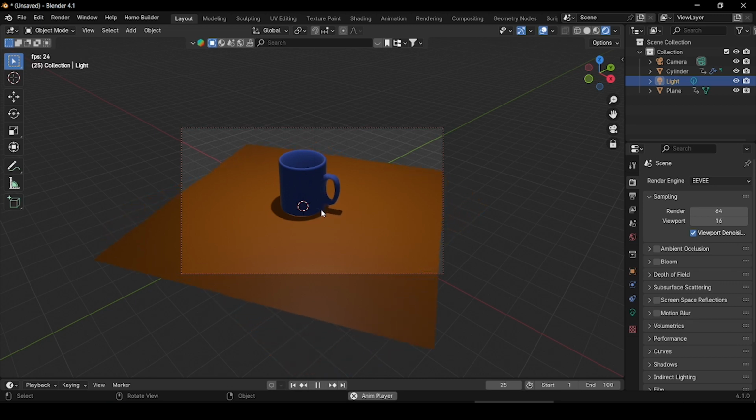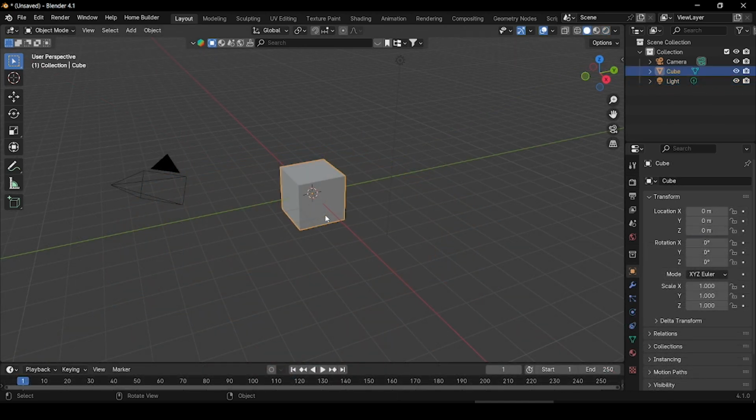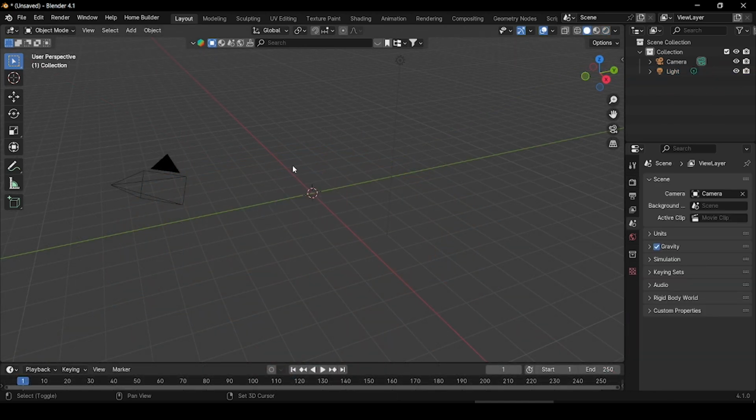Hi guys, welcome back. In today's video, we will learn how to create a simple coffee mug and animate it in Blender 3D. First of all, select the default cube, press X and delete it, then press Shift A and